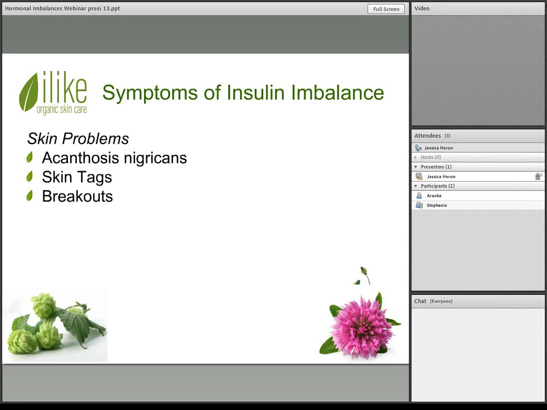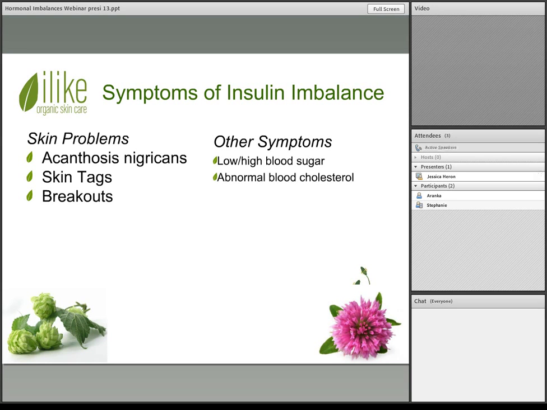Some acne problems may be associated with the insulin imbalance as well, because it can increase the androgen, the male hormone, which could be associated with acne and breakouts, because the body is producing more oils at that time. And so some other symptoms may include high blood sugar because of the irregularity in regulation of the blood sugar,